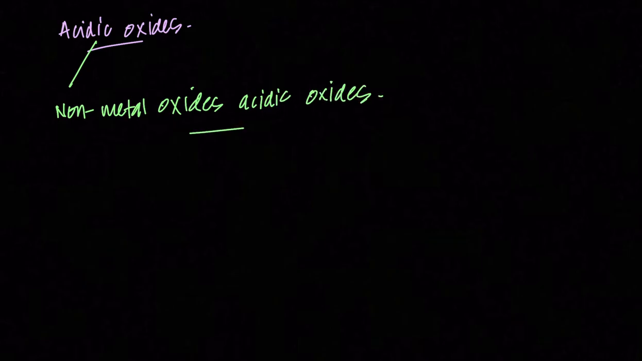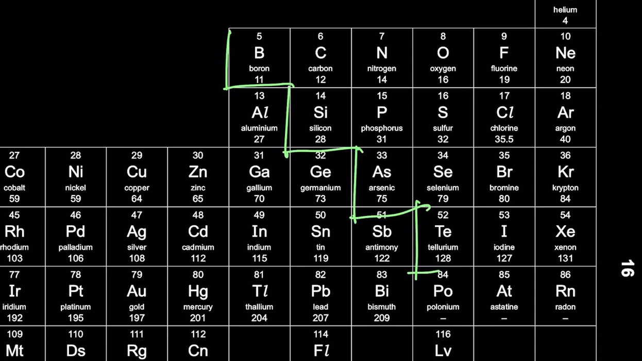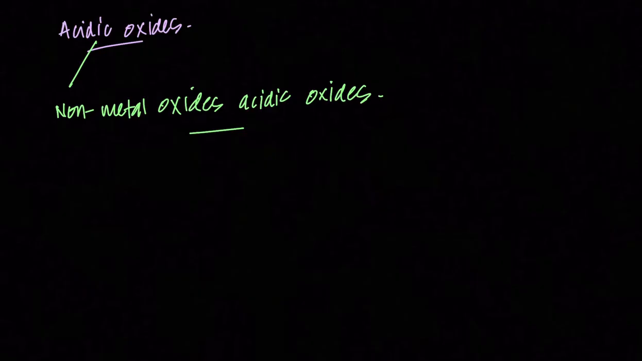All non-metal oxides are acidic oxides. And which are non-metal oxides? The ones that come here, that are on the right side of this staircase. So all of these non-metal oxides are going to be acidic oxides, right? And the reason why they're acidic oxides, if you add them to water, another reason is